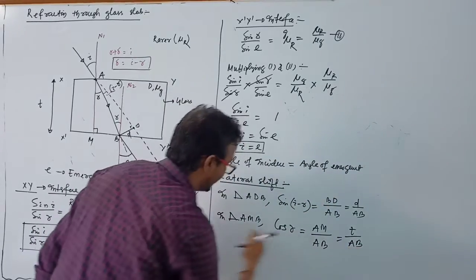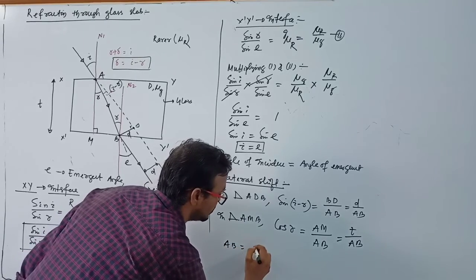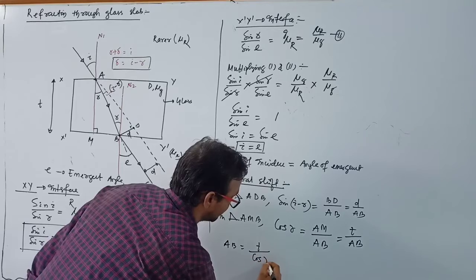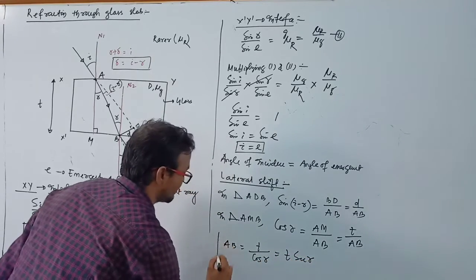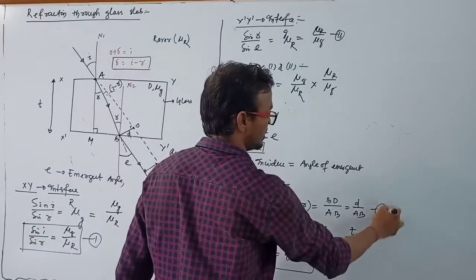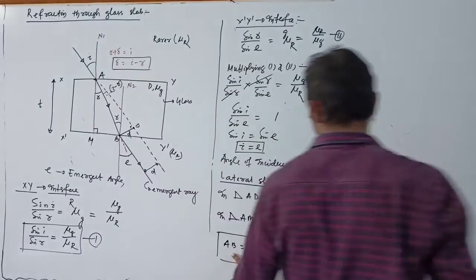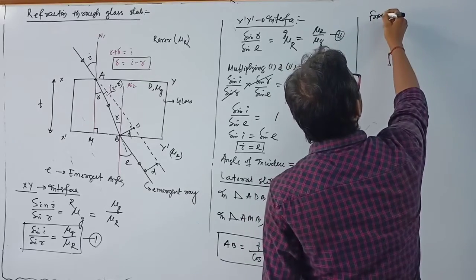And you can write AB equal to T by cos R, or T sec R. This is the value of AB. Suppose this equation is equation number 1. Now using the value of AB in equation 1,